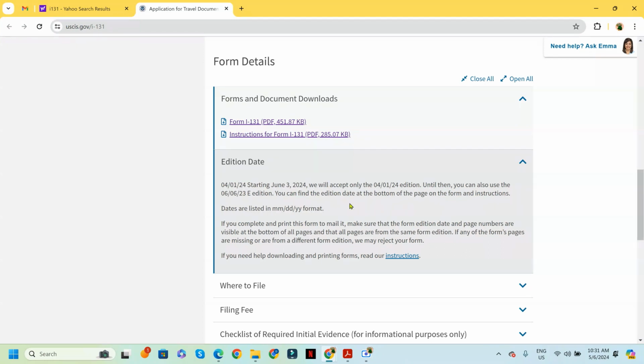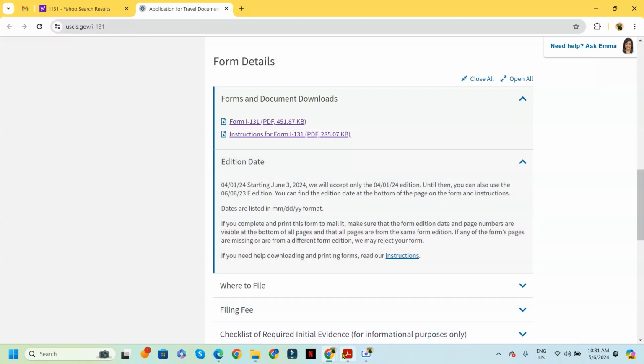Until then, you can also use the June 6, 2023 edition. So before June 3, you can still use the 6/6/23 edition, but after that, it would be a new edition, which is the